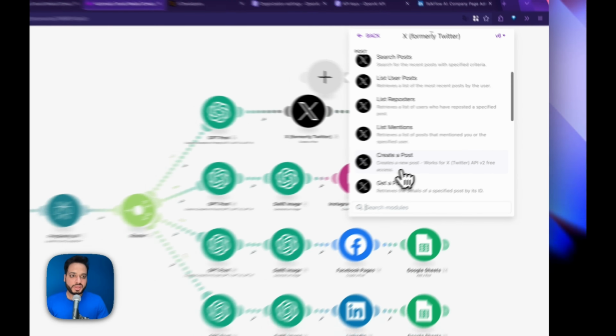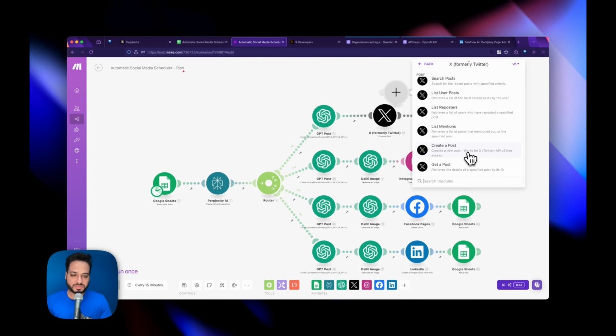I think up to 20 posts a day or something like that. We'll just check. But it's not unlimited, so there are some restrictions, but it's still better than paying $100 a month just for API access. Okay, so we'll select this one, create a post, and here I'll just tell you how to connect your Twitter,